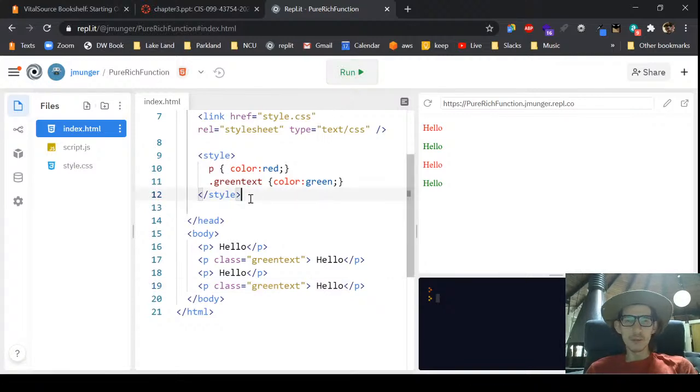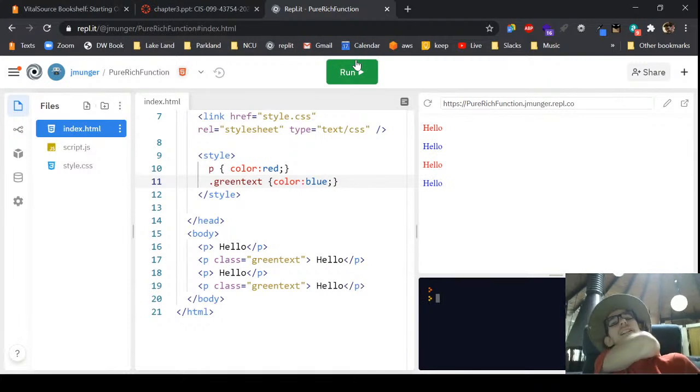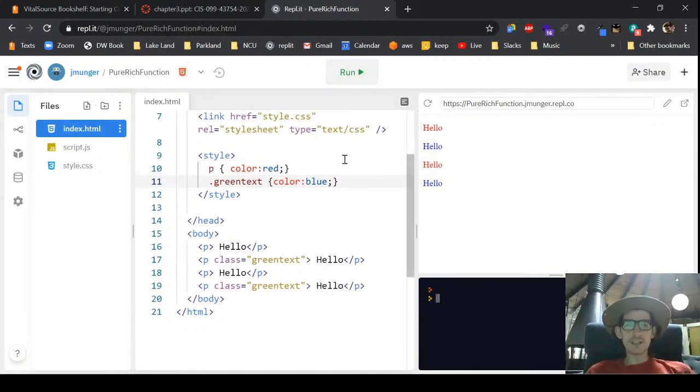Okay, let's go back to the example. They no longer want red and green. Now they want red and blue. So before we looked at, if we used inline, we would have to go in and change the rule for each inline. Okay, because we're using classes, both of these elements are only looking at this one rule. We can change them all by changing the property. So if I change this to blue, it'll change anything with this class to blue. So that way you can quickly change different categories of elements